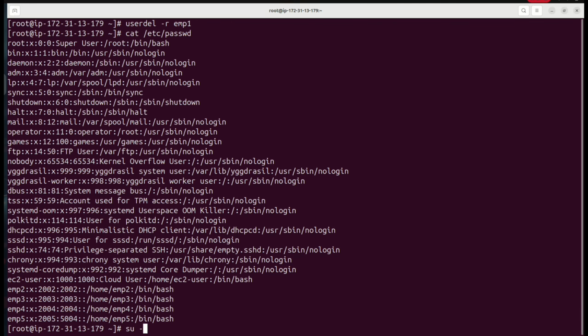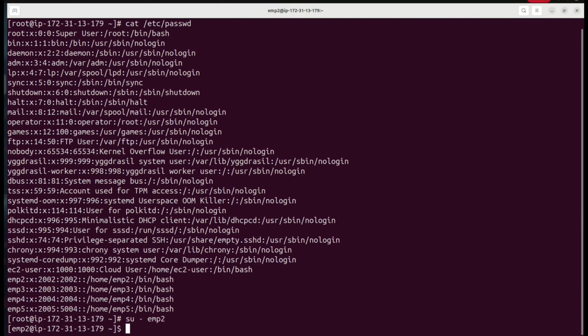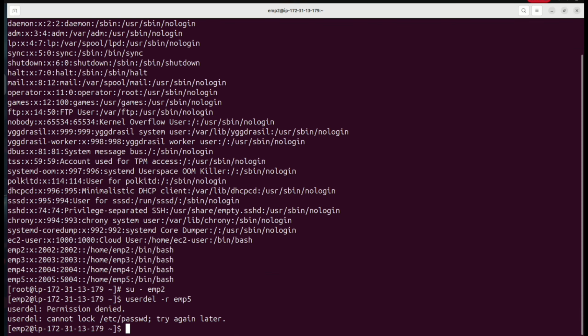So now we will try to switch to another user, and from that user we will try to delete a user. So we are at the emp2 user. Here let's run the command userdel -r. Here from the emp2 user I am trying to delete the emp5 user, but it is saying permission denied as the